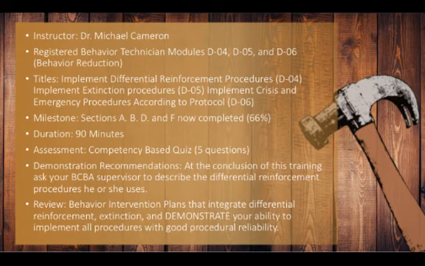So specifically, the strands that this comes from in terms of the Registered Behavior Technician task list include D04, D05, and D06, falling squarely in the category of behavior reduction. The specific titles for the strands, first, to implement differential reinforcement procedures. That comes from D04 on the task list. Implement extinction procedures, which is D05 on the task list, and then implement crisis and emergency procedures according to protocol,